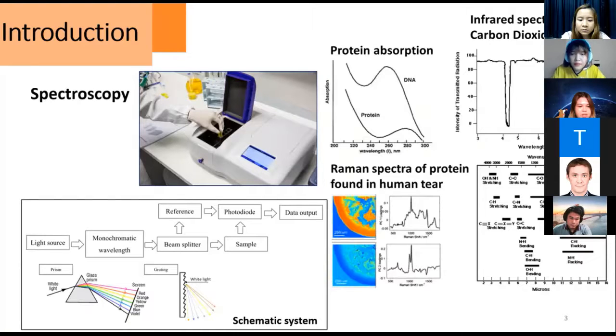The spectrum response can be used in several ways. In the first figure, we see the different spectra of DNA and protein. Figure 2 shows using the spectrum to identify protein in a human trial. And the final figure uses the spectrum to classify components in carbon dioxide. The purpose of this research is to fit the spectrum curve correctly and